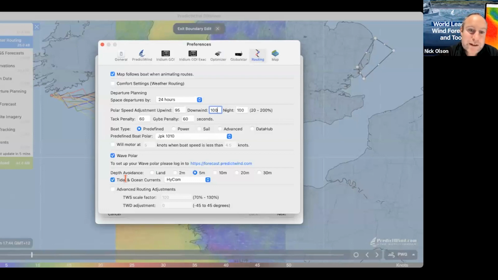Yeah, so if you're actually going to use ocean currents, you can change which model is being used. When we're in a high resolution area, it is going to use the high resolution tidal modeling. You'll see down here we have these advanced routing adjustments. If you want to, you can get into this stuff. I definitely wouldn't be using the true wind direction adjustment,